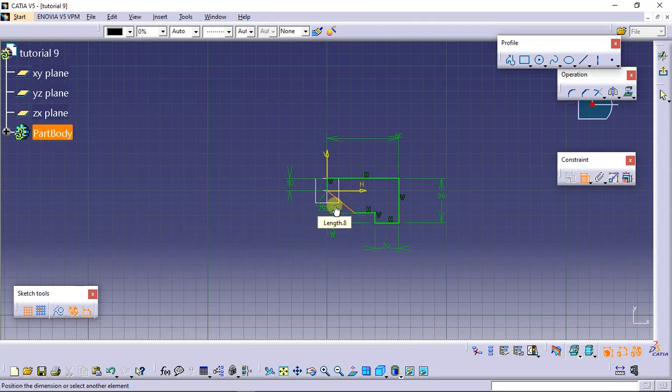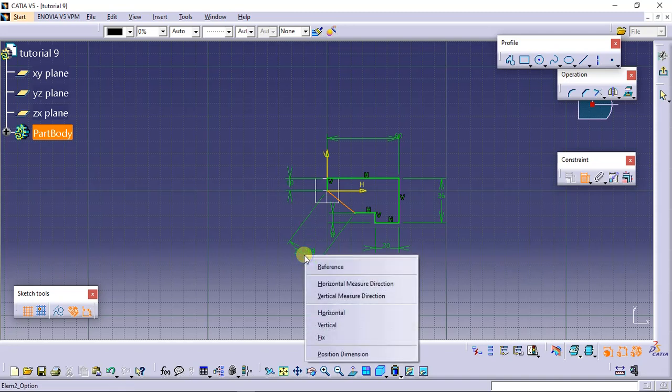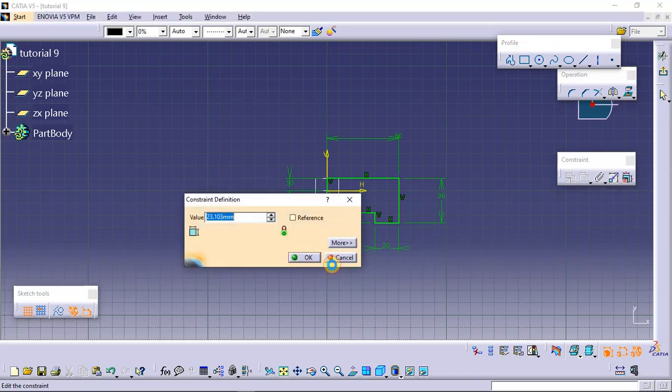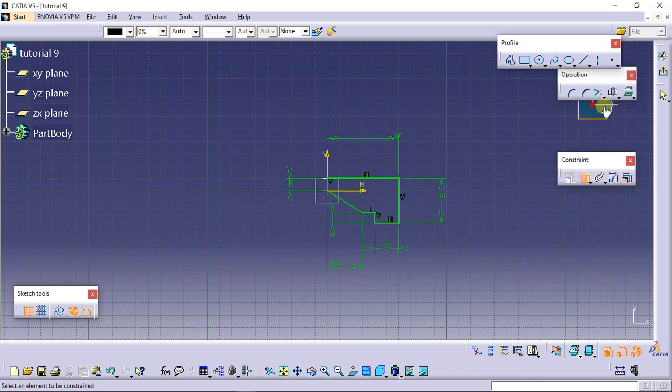I have to give the length as in horizontal direction. So right click on the dimension, change the dimension direction to horizontal measure direction. Now double click on the dimension to change the dimension's value as 30 and then click on OK.